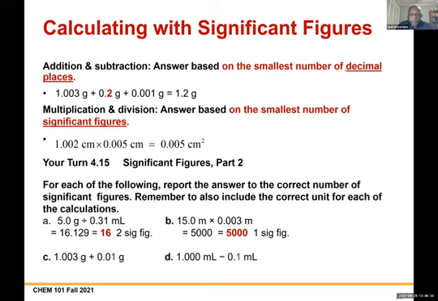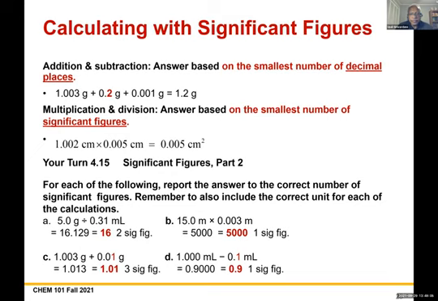We talked about the most uncertain decimal place. So it should be rounded off to the second decimal place. 3 is less than 5. Therefore, you don't add 1 to the second decimal place. And the answer is 1.01